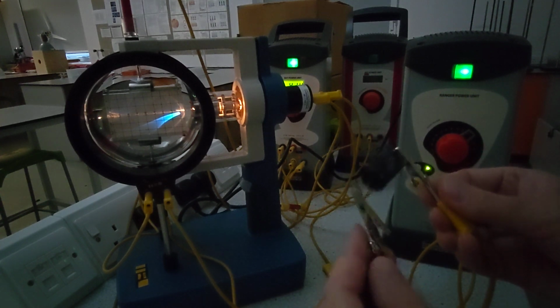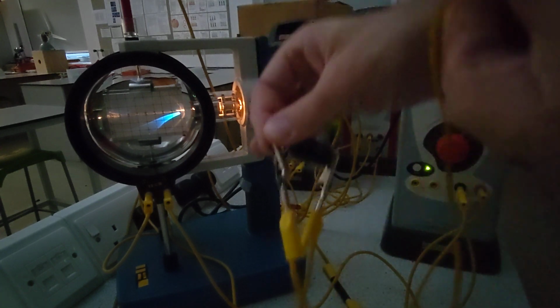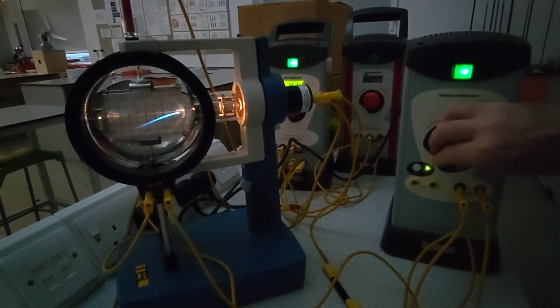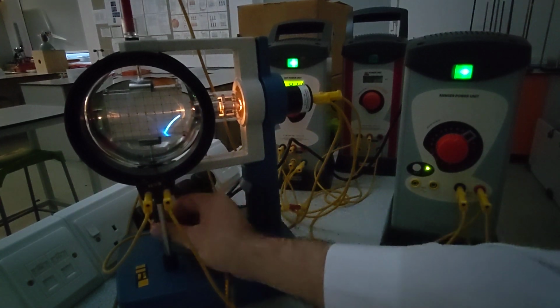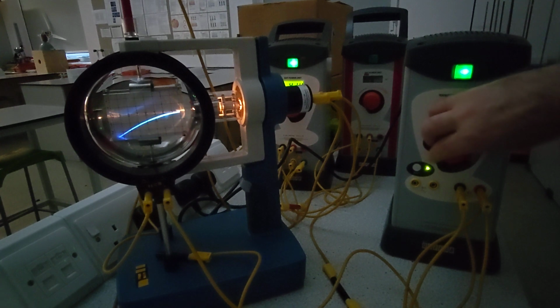The other one, I'm going to connect to the positive, and I'm going to connect the other end of that wire to the positive. Just watch what happens to the electron beam. There we go, much better. So, not the best coils, but they're not bad. We get circular deflection. When it strikes the metal plate, something funny is going on there. I could disconnect that, that'd be better. So we've got circular deflection,